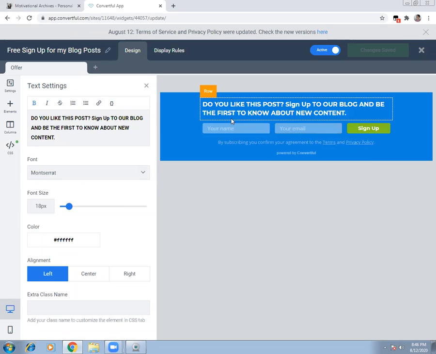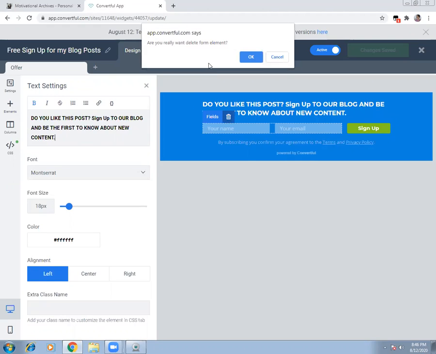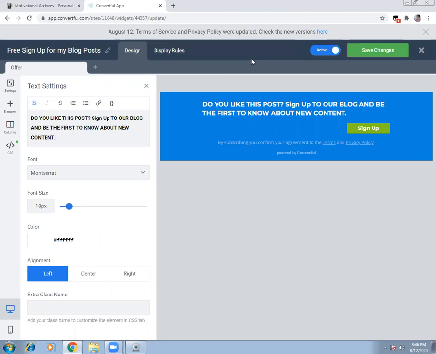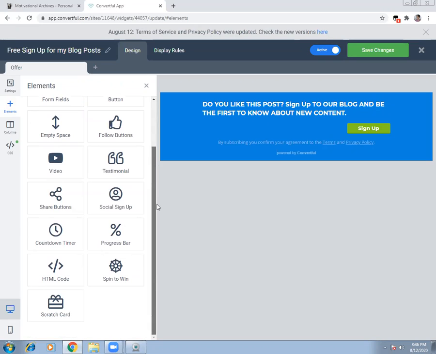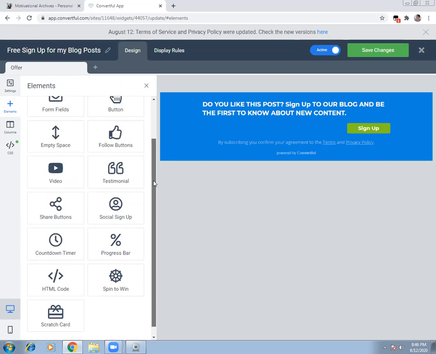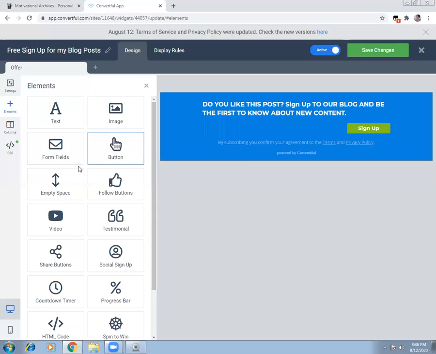And if you don't need them, you can simply click the delete button and this field will be deleted. So any field can be deleted in the same way. So if I need to actually delete it, I'll go here and say, I want to delete this field. And are you sure you want to delete this element? And when you say yes, the field is deleted. And in case you want to add those fields, you go to elements and form fields. You go to these elements and this is the form field button, red columns.